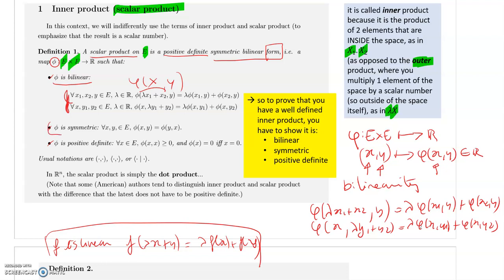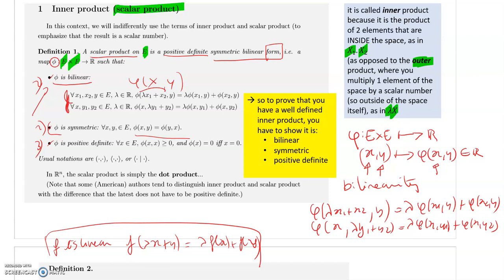You have to check that it's symmetric, namely phi of xy is equal to phi of yx. And we can even say that if you show first that it's symmetric, then to show bilinearity, you just have to show that it's linear in only one of its arguments, because if it's symmetric, it's going to be linear in its second argument. So usually we can show first that it's symmetric, then that it's bilinear, and thirdly, we need that